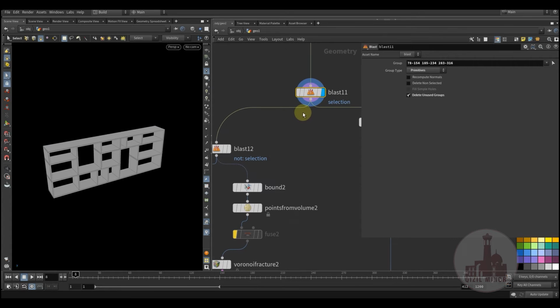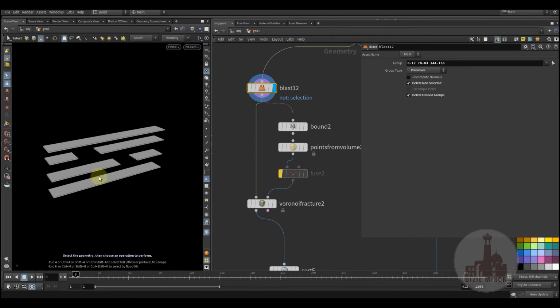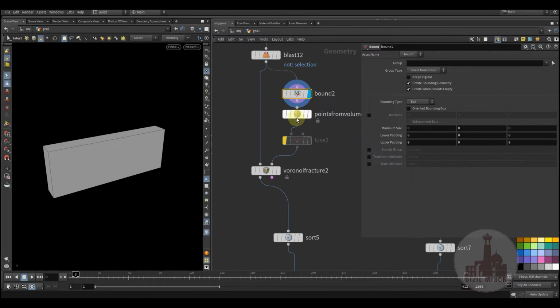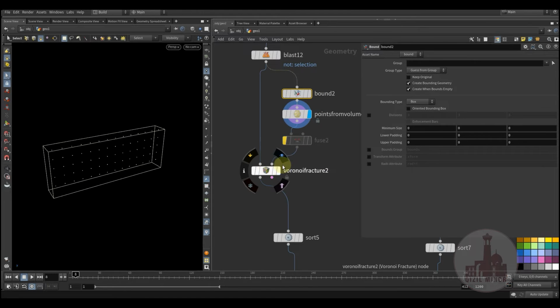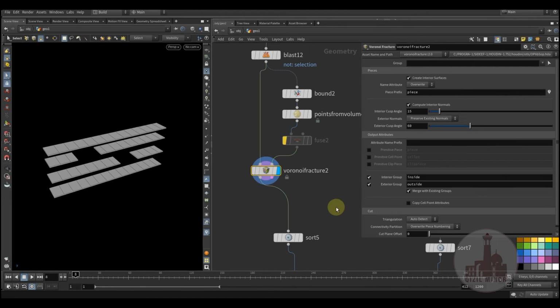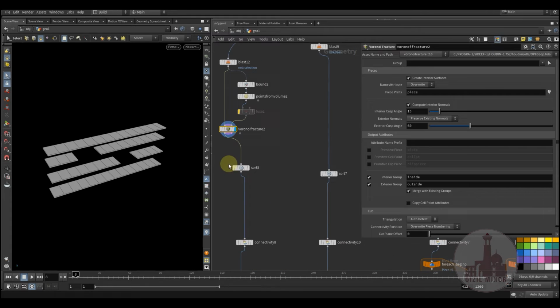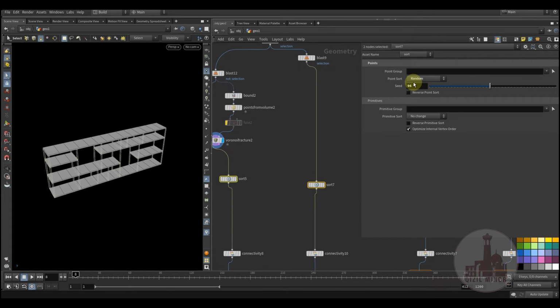Here I have excluded the doors of the shelf, and I'm remaining only the horizontal geometry. Then I use the method that you've seen before, bounding everything and creating points from volume. Then I'm fracturing into smaller pieces,